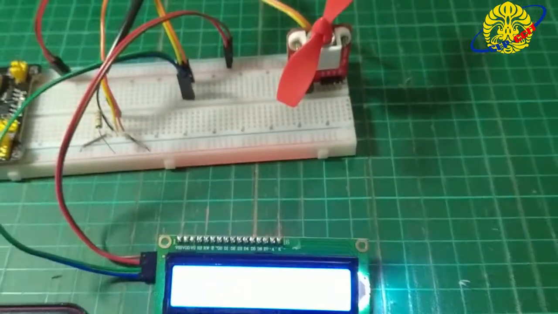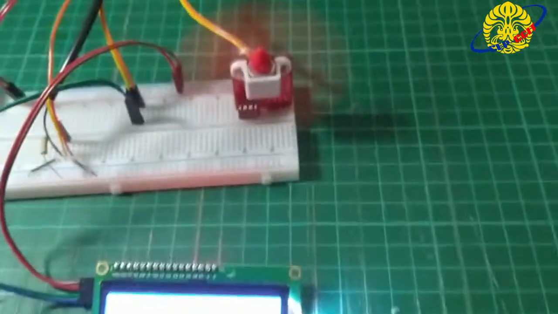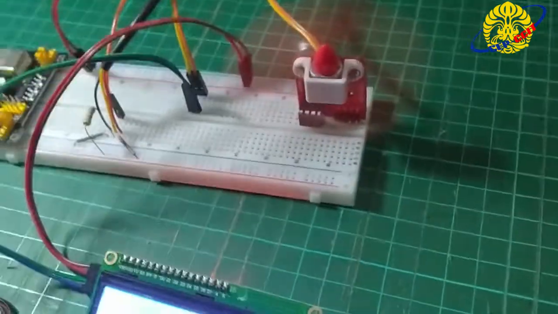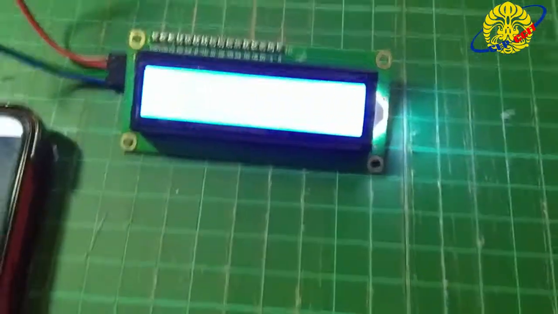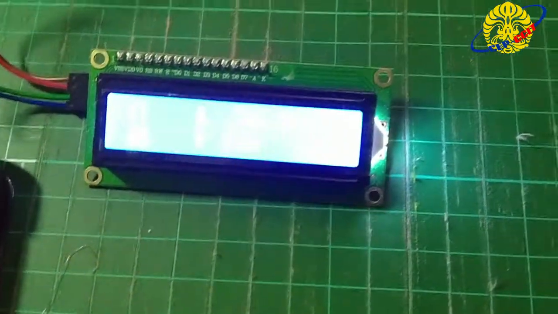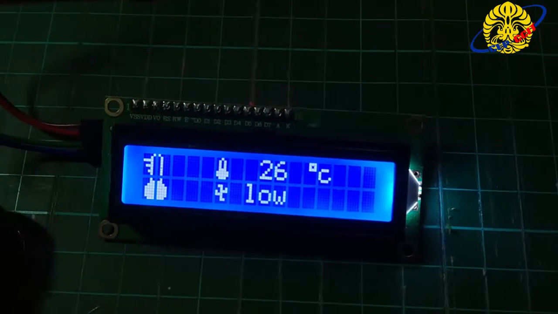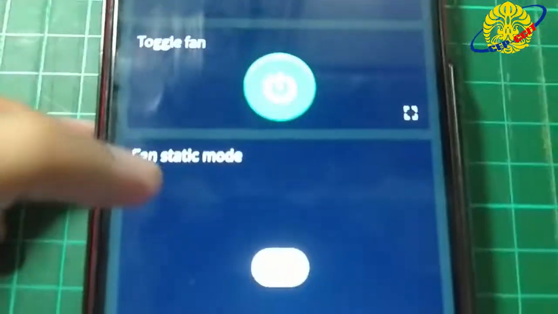Wait a second. And now the fan is turned on. The fan speed is currently low. We can switch it to another speed. In this example, I'm turning on the fan static mode.